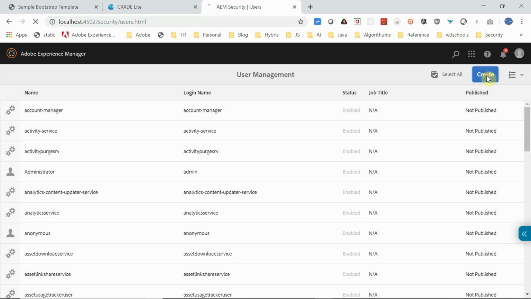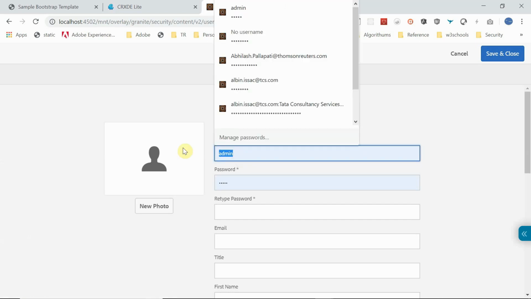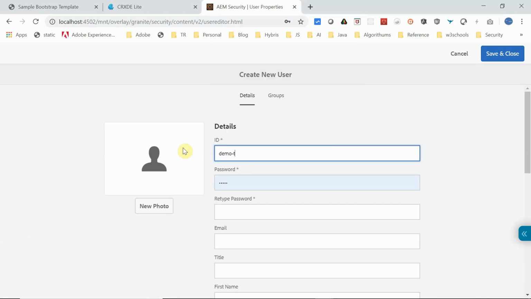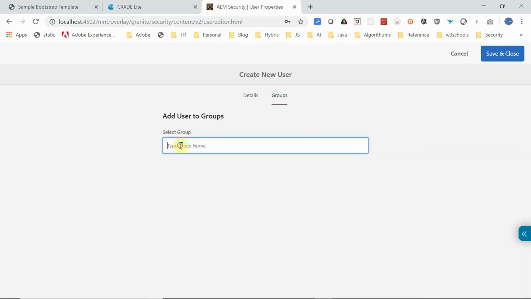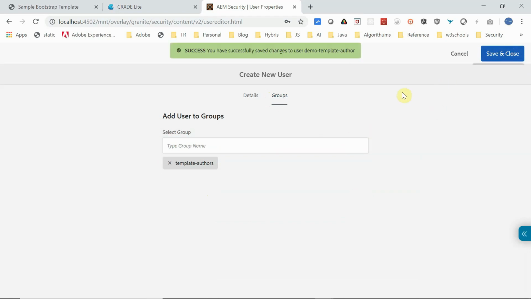Let me create a new user. I'm going to name this demo template author. Password also same. Other details I'm ignoring. Just add this user to the template author group. Save and close. Okay, this is done.